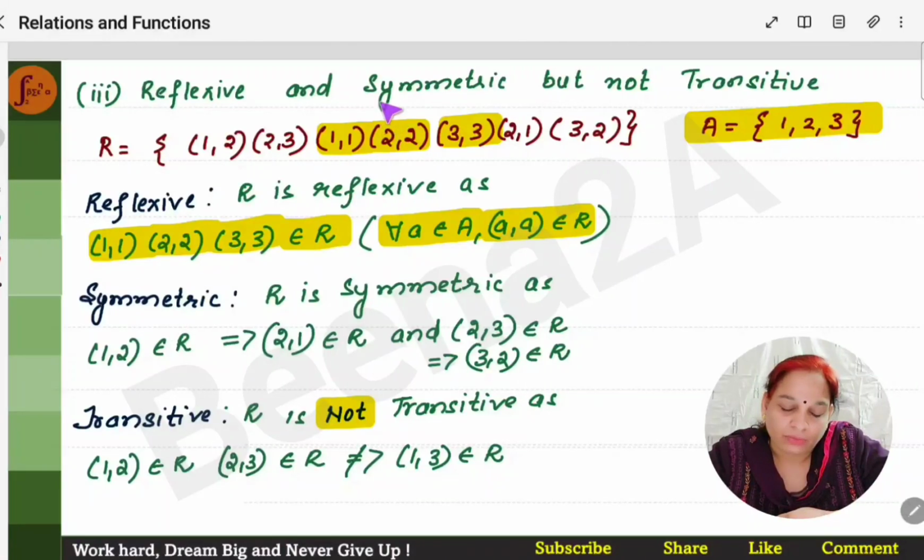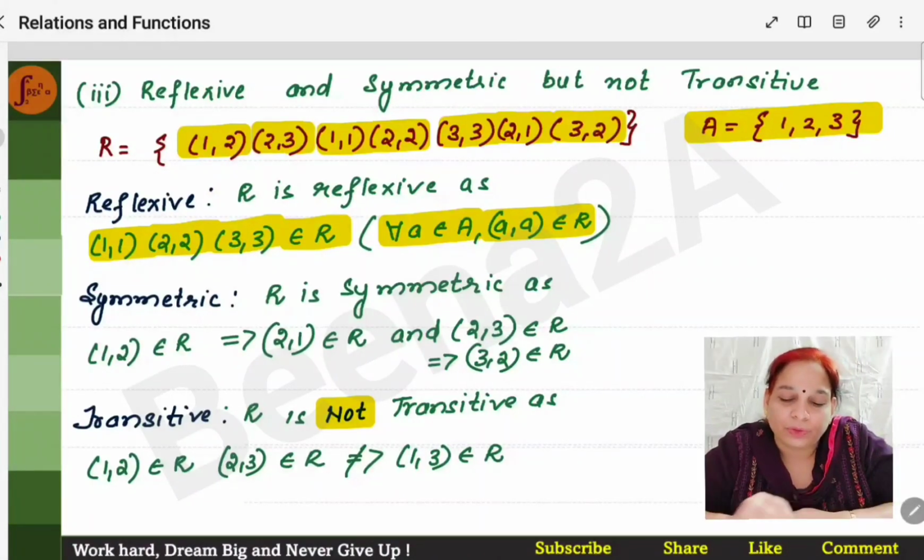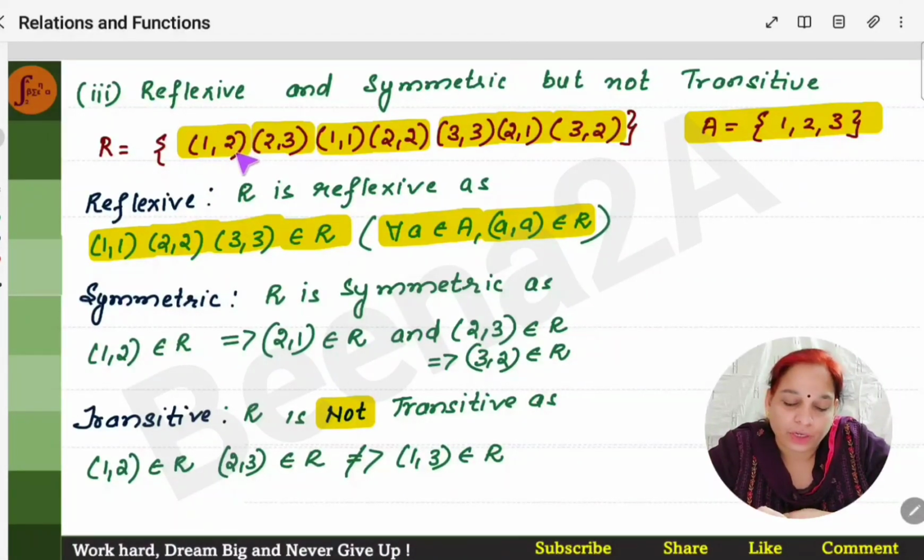Now we'll see if this particular example is symmetric, right? If you have to prove that it is symmetric, you will have to take the reverse combination. If you have taken 1 comma 2, you should have 2 comma 1. If you have taken 2 comma 3, you should have 3 comma 2. So it is symmetric, right? You should have all the reverse combinations. 1 comma 2 has 2 comma 1, 2 comma 3 has 3 comma 2, but this should not be transitive,